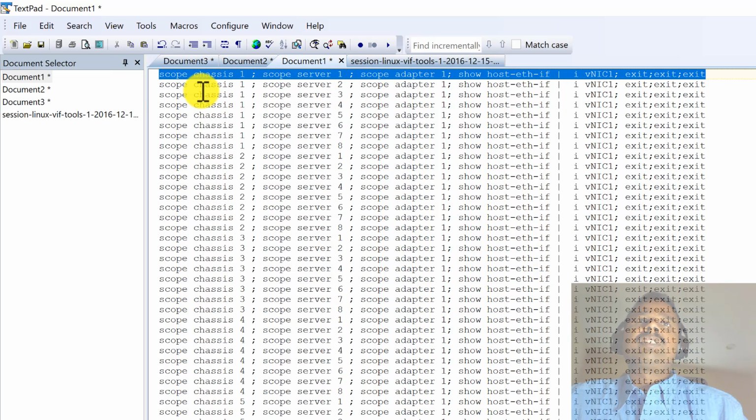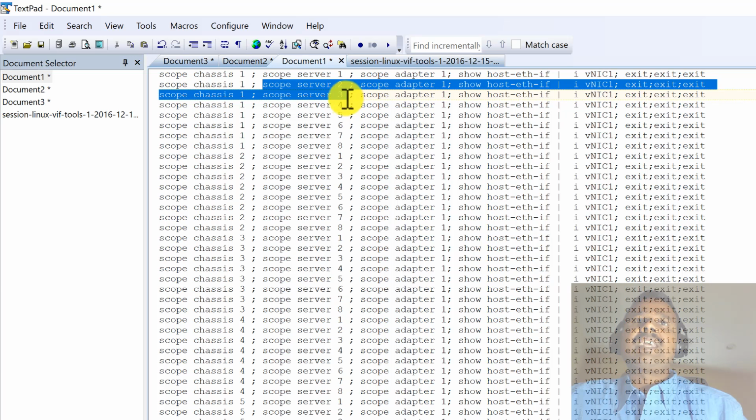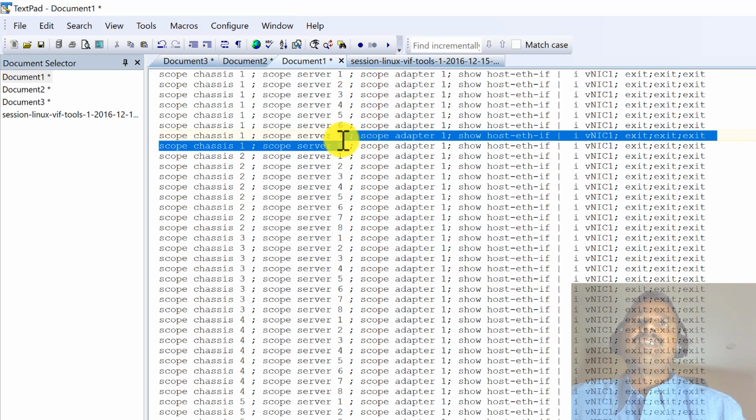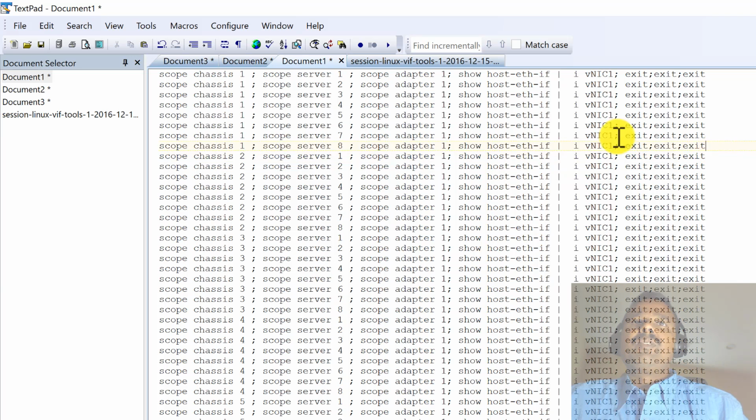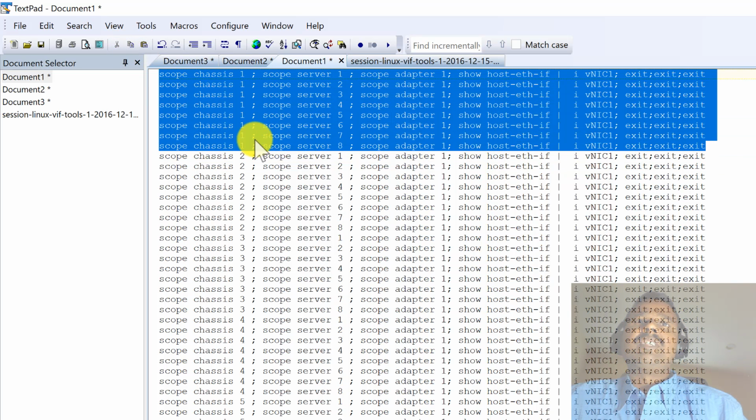So similarly, I executed the same command for the second node, third node, fourth node, fifth node, sixth node, seventh and eighth. You see that here. This is for chassis 1 and server 1 to server 8.